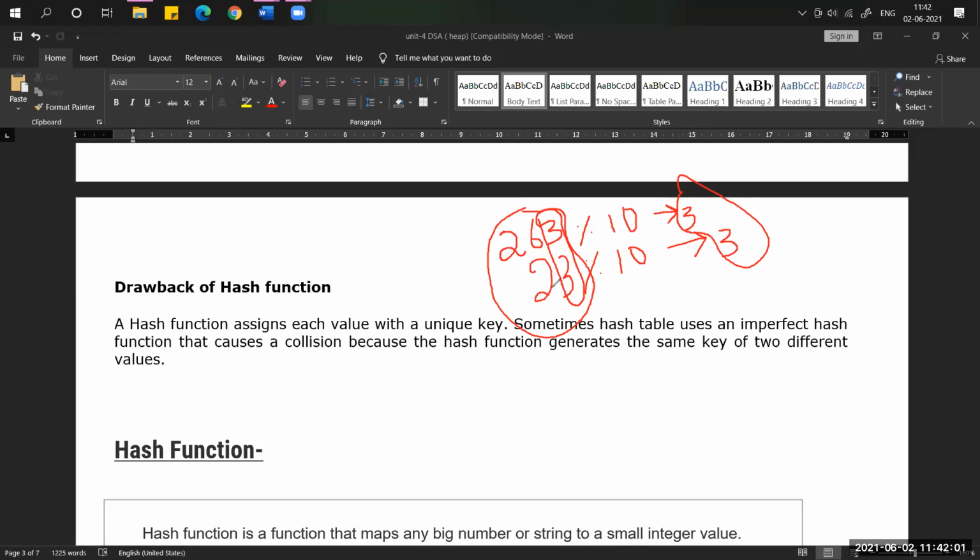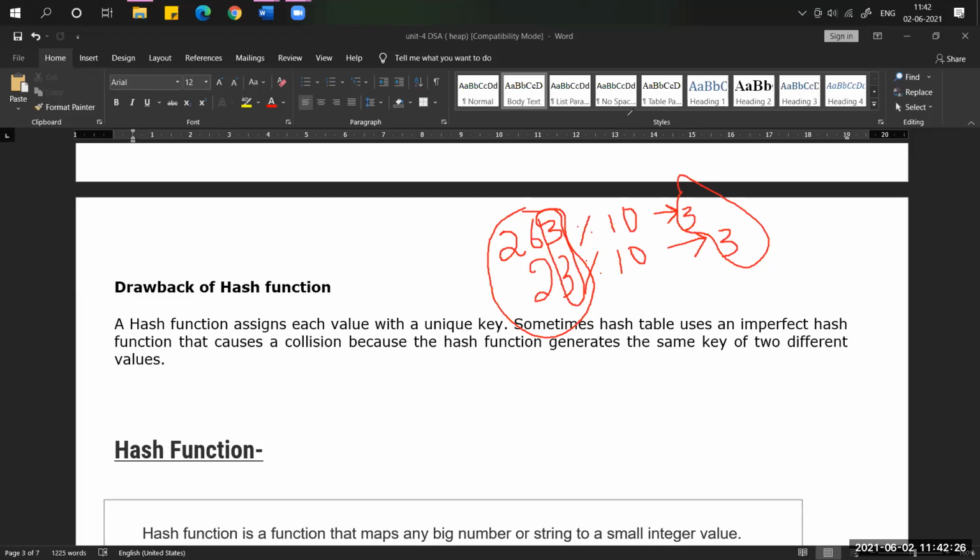So if two data items have the same number at the unit place, then it is a problem. The compiler can't decide which data item should be stored at the third location. That is the drawback actually.